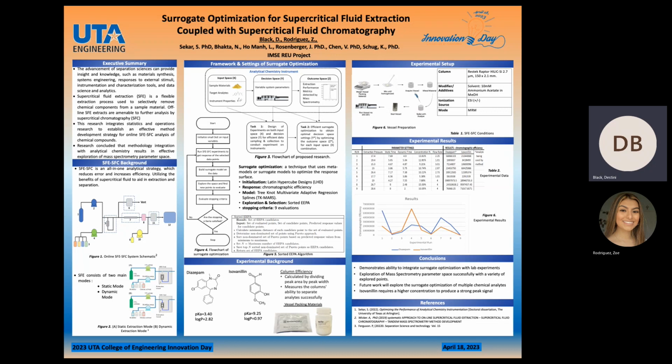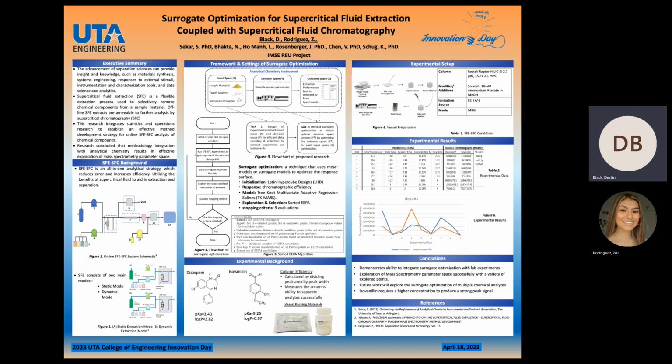As stated above, we are looking at column efficiency, which is calculated by dividing peak area by peak width, and it measures the column's ability to separate analytes successfully. Vessel packing materials were silica and Shimadzu Dry Rite. Looking at the experimental setup, in Figure 6, it shows the vessel preparation, and the vessels used in SFE. Each was packed with 1 gram, 0.5 grams being the silica and 0.5 being the Shimadzu Dry Rite, and